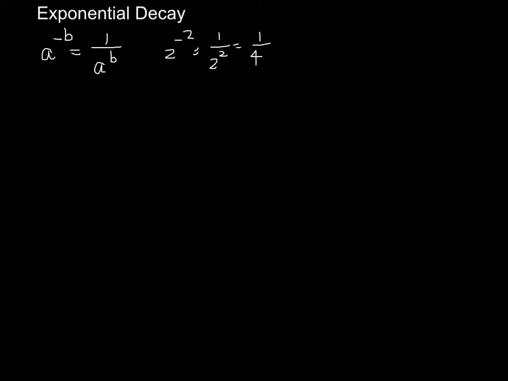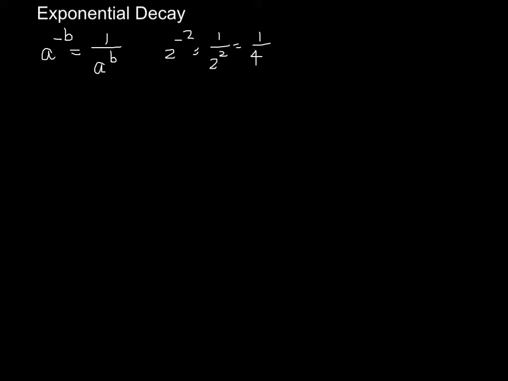Now, the exponent rules hold for powers which have negative exponents, meaning that when you multiply two powers with negative exponents, you are going to add the exponents. When you divide two powers with negative exponents, you are going to subtract the exponents. There are cases where you have fractions as the base of